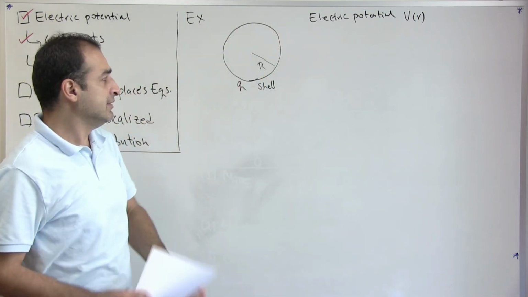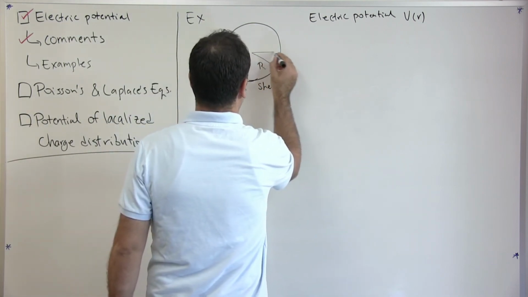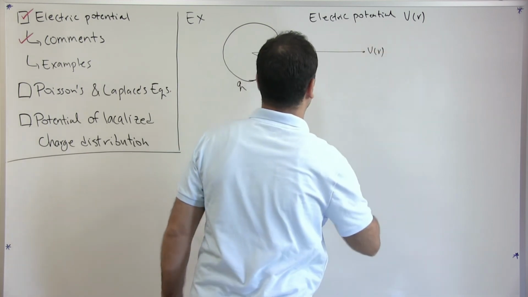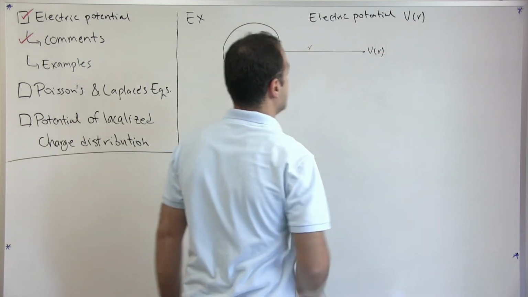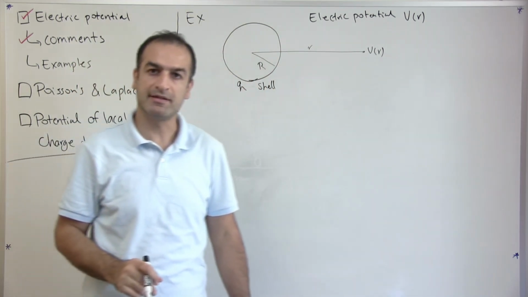Everything has spherical symmetry. What we basically need to find is potential at point R, where we are away from the center of the sphere